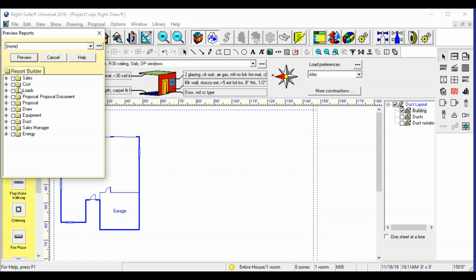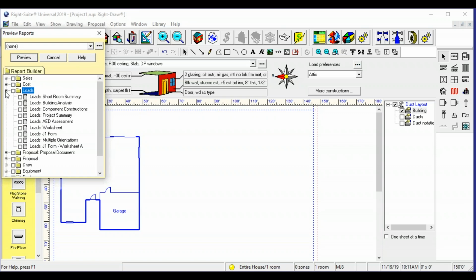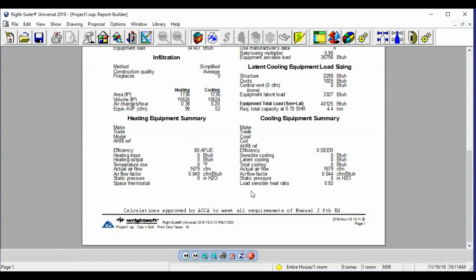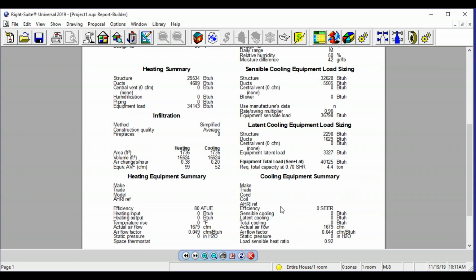Because all I needed to do on this one was just figure out what the heat load was on it. But let's go ahead and look at this. Now, here's one area that I like to show people. So we're at 1736 square feet, 40,125 BTUs. Now, this says required total capacity at 0.7 SHR is 4.4 tons, which means that with